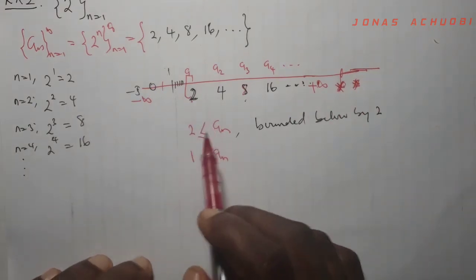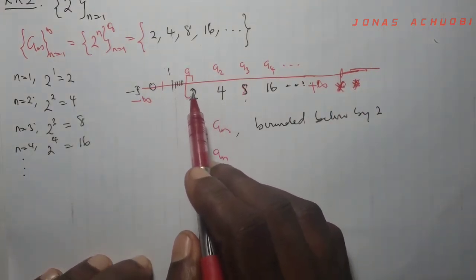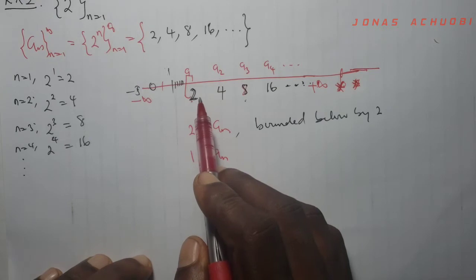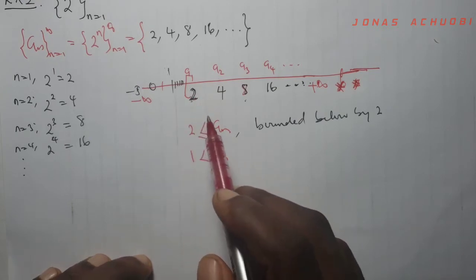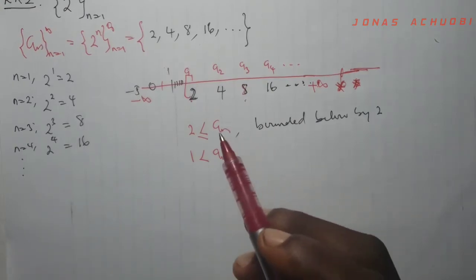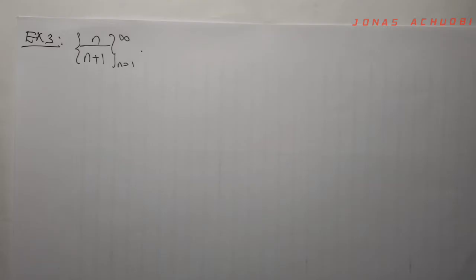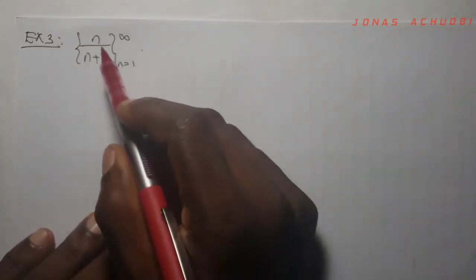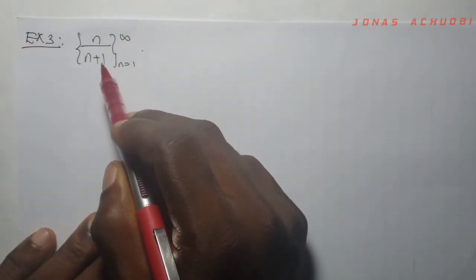Understand that it will not be wrong if you pick any other lower bound apart from 2. But very soon you'll see why 2 is one of the best choices of lower bound to pick. Our next example, I want to check also if this sequence n over n plus 1, n from